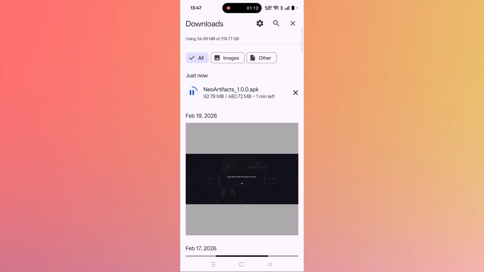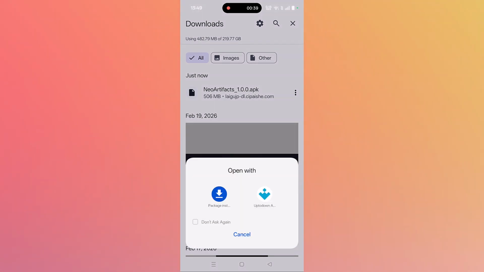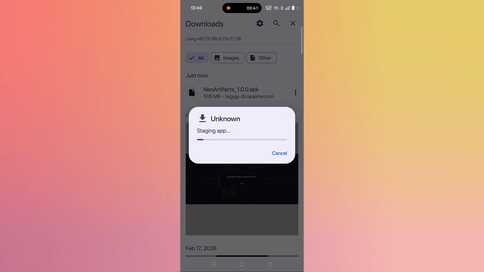So just wait for this APK file to get downloaded, and once the APK file gets downloaded, then tap on it, then select the package installer. You can see, do you want to install this app? Then click on install. Just wait, new Artifacts game is getting installed on your phone, and then you can click